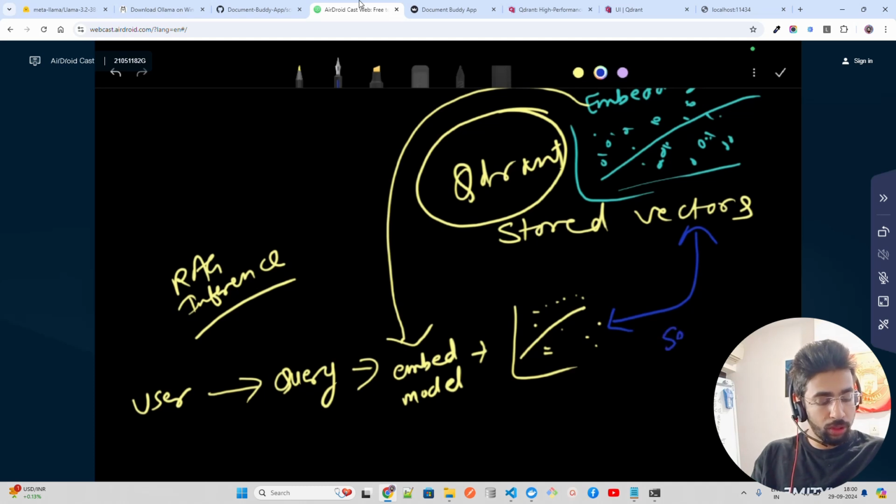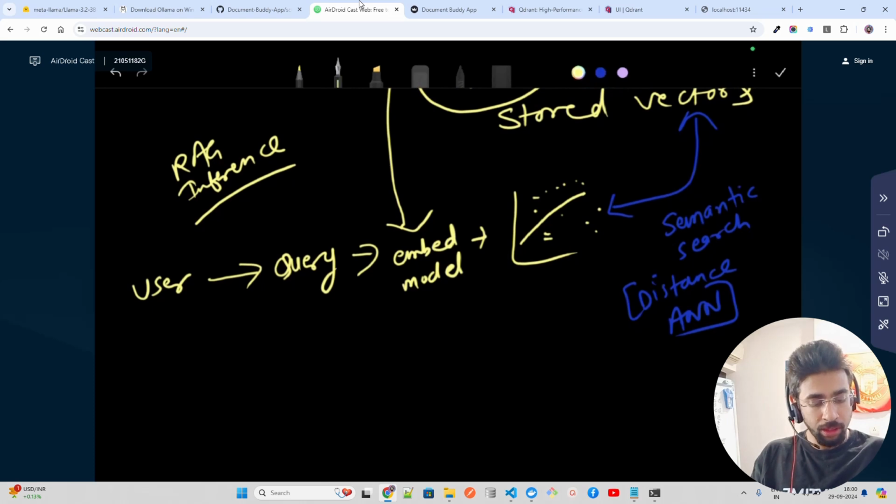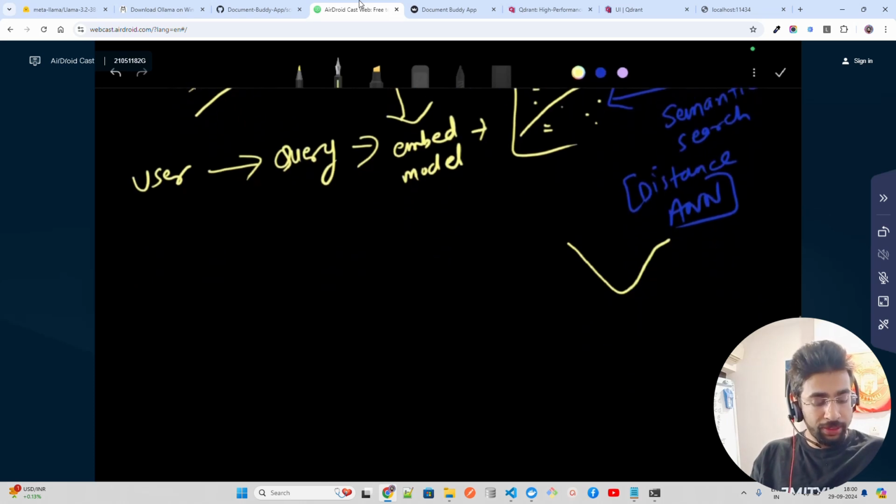So for example, if you are doing semantic search, it is pretty much a distance-based algorithm, like cosine similarity, or any approximate nearest neighbor, the ANN algorithm. So I'm going to say distance or ANN algorithms that you're going to use. When this step is done, there is a param called top k, which is how many documents you want to retrieve. Documents are nothing but the context, the paragraphs. Now if I say 3, it basically gives me